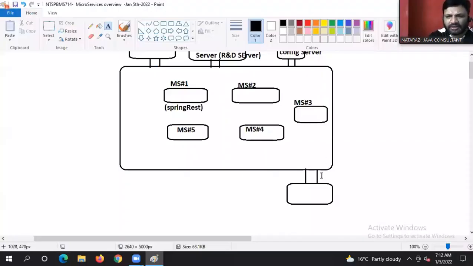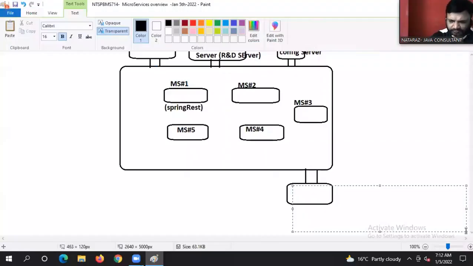Okay. Now tell me here. So here what is there? Spring Boot admin UI or dashboard. Spring Boot admin UI or what?